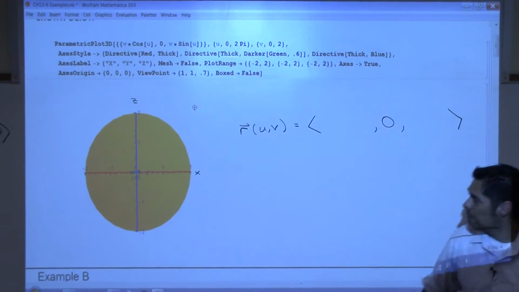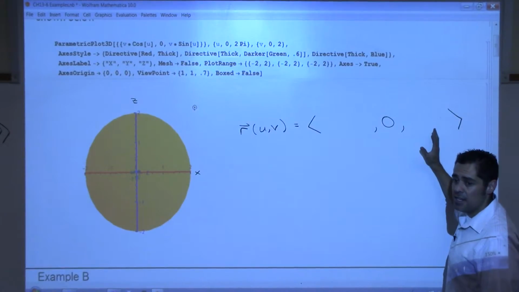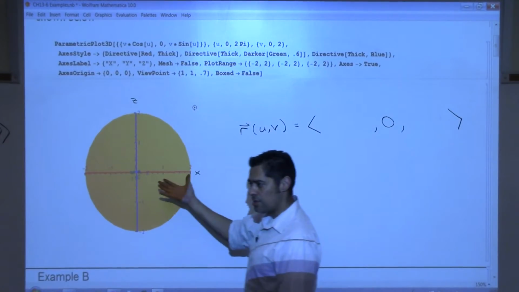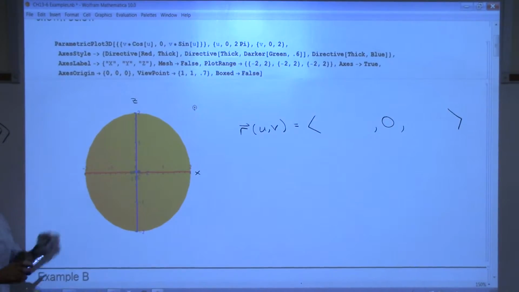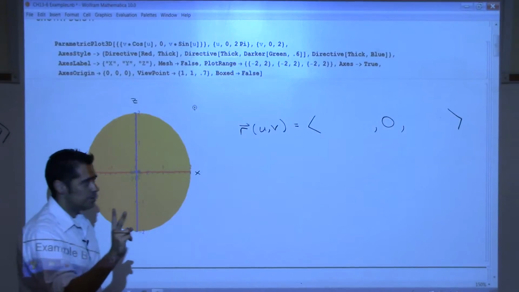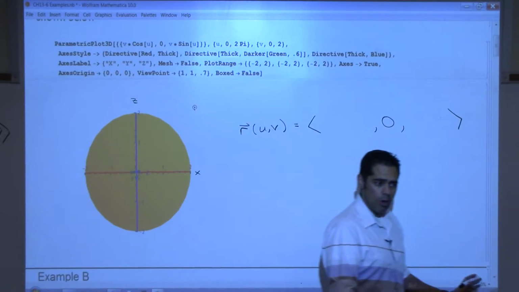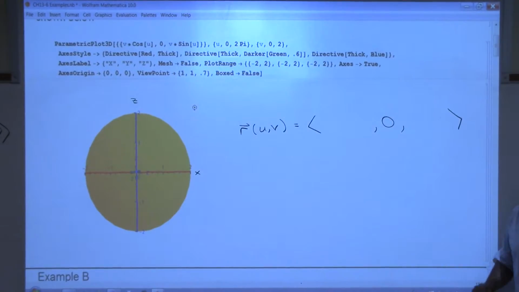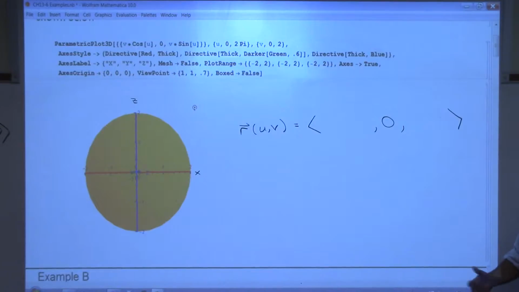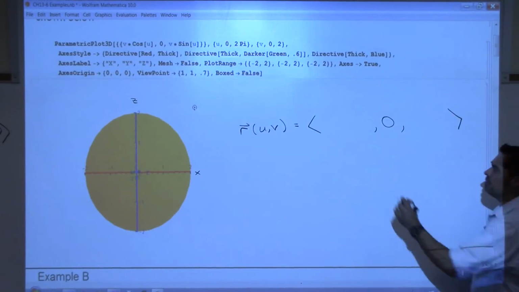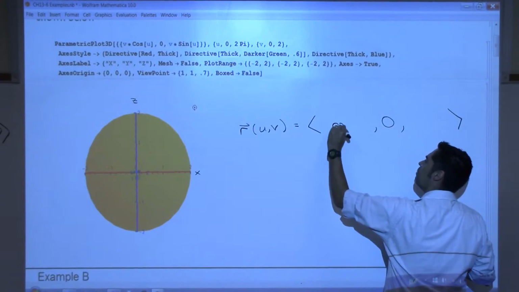The other part of this, the x and the z, need to draw you this circle. Well, actually, it's not a circle, it's a disk. You have control of two variables, u and v. You can control them however you want. So what does your instinct tell you you're going to need in order to draw something like that? Cosine and sine. Now, we've used cosine t and sine t, right? This time we don't have t, we have u and v. So how about cosine u,